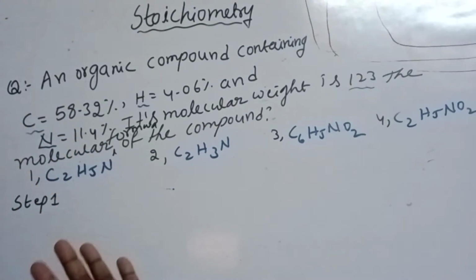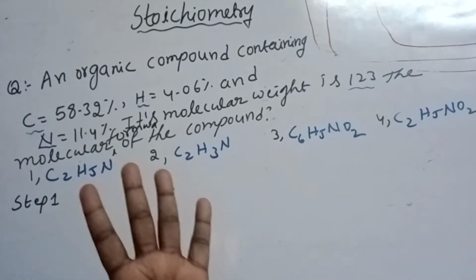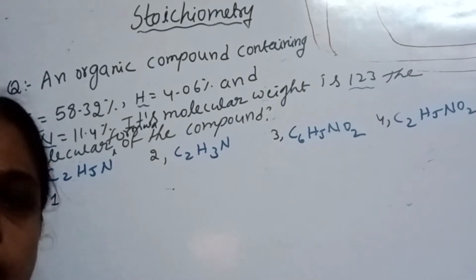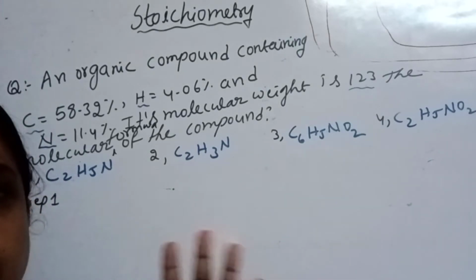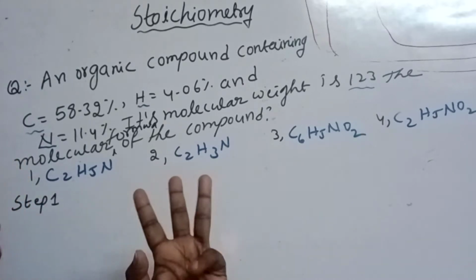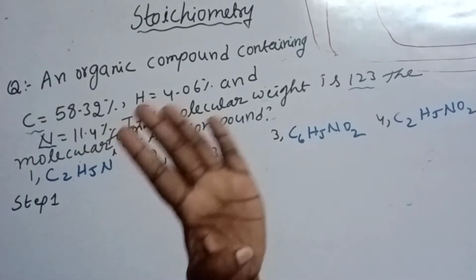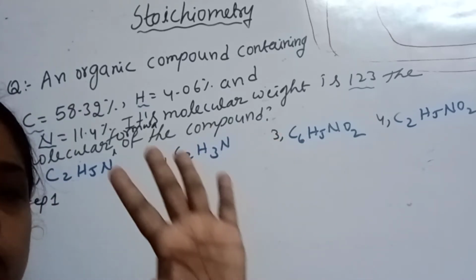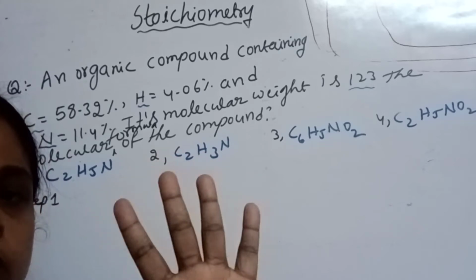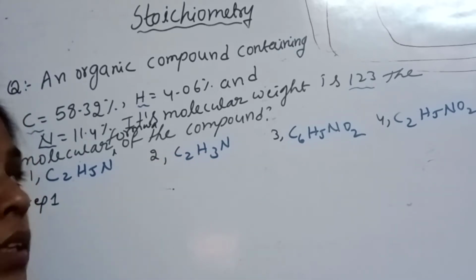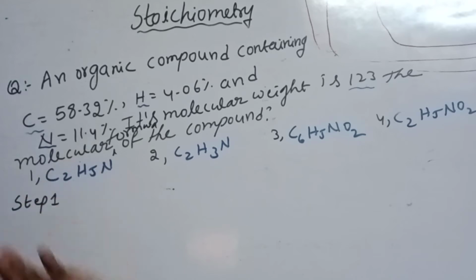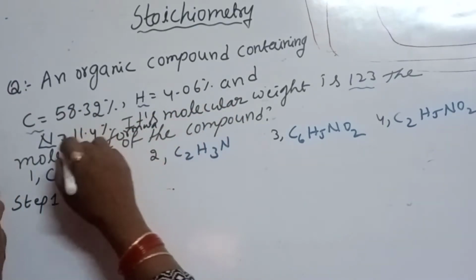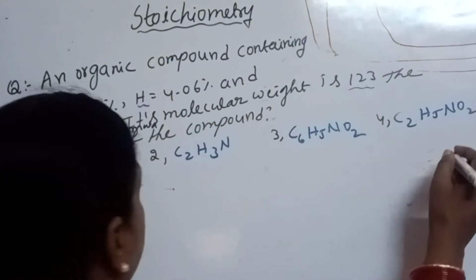I already told you that an organic compound generally contains 4 basic elements, but along with them other elements such as halogens can also be present. Here these are basics: carbon, hydrogen, nitrogen, oxygen, though not only these. In this given problem 3 elements are given. So what is the first step here? You have to add all the mass percentages given in the problem.